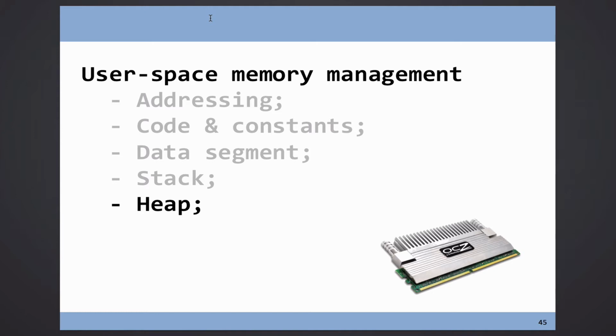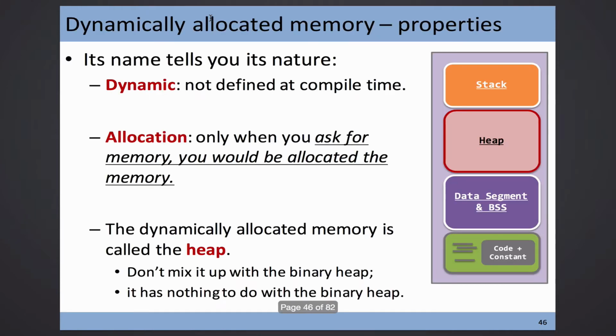We have a string name for this topic. It's called a heap. A heap is not the binary tree heap in your data structure course. It's a totally different thing. Heap here only means a pile of things, a group of things, and that's all. It's nothing concerned with complexity or a binary tree, and so on. It's just a place